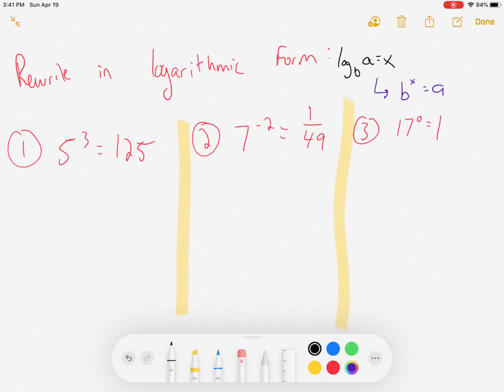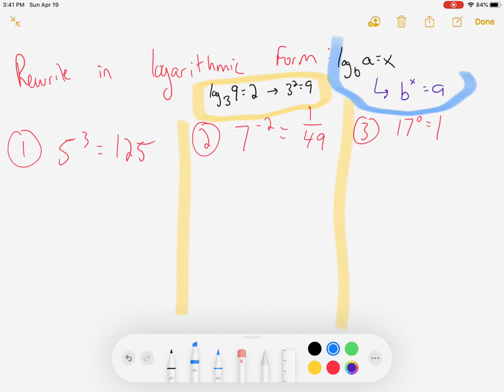And that is rewritten, in exponential form, as b to the x power equals a. Now, if you want to use numbers, that's fine as well. So if you want to write log base 3 of 9 equals 2, and then 3 squared equals 9, that's fine too. Either way you want to remember this, if you want to use yellow or blue, or letters and numbers,